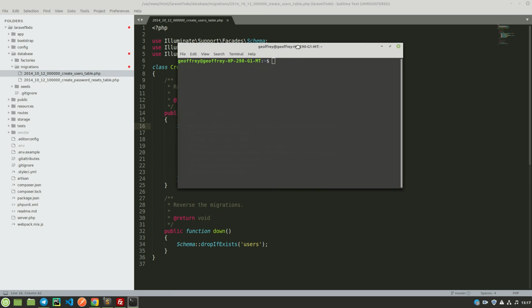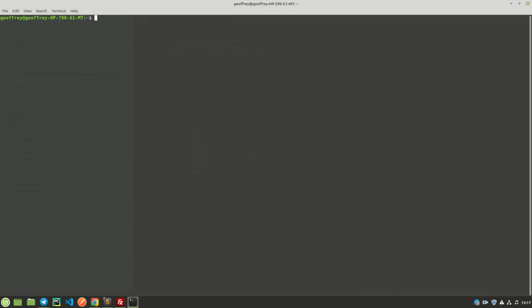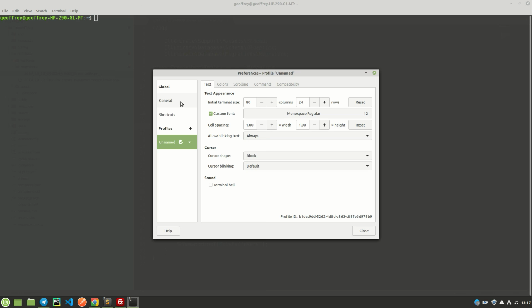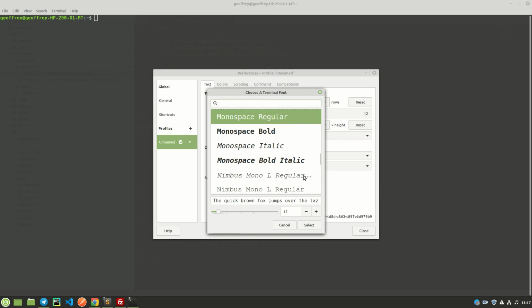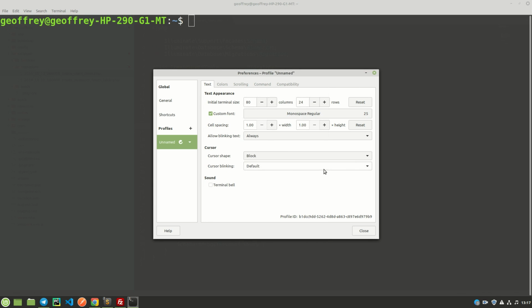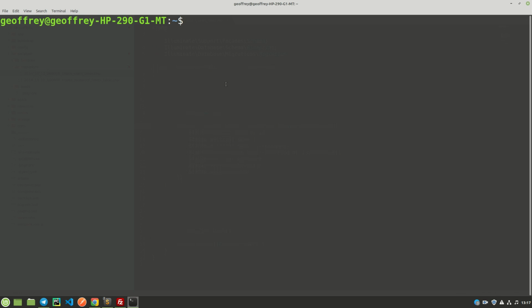Let me pull it over, and then let me just increase the font slightly so that you are able to see. So I make this something like 25. Okay, so here I'm going to be writing an artisan command that is going to create my